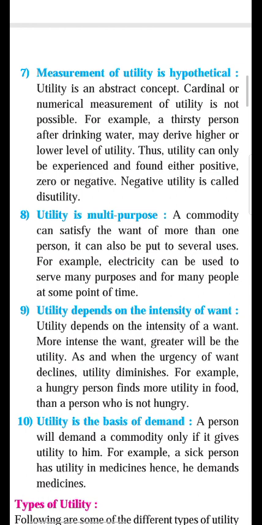Okay, and after drinking 4 glasses of water, a thirsty person becomes happy, satisfied. So we can say the thirsty person is satisfied. When we say it this way, it is called ordinal measurement of utility. Because the number of glasses counted in numbers is cardinal, and after drinking 4 glasses of water the thirsty person becomes happy, satisfied, so we can say it is an ordinal measurement.